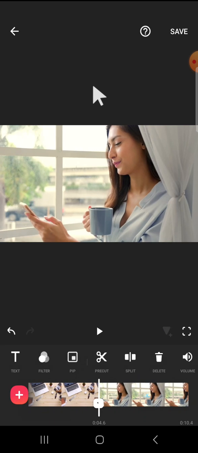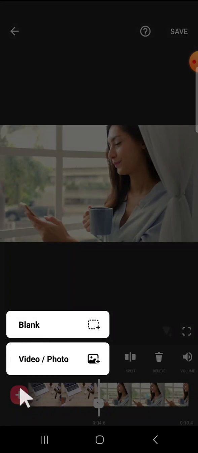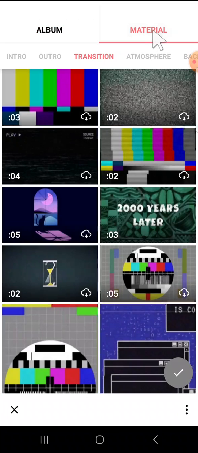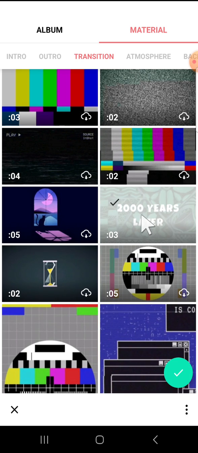So we can place this parallel right here, and we can click on this plus button and click on the video or photo, and we have to go to the InShot material right here, and on this material you have to select transition category. Okay, and this is the 2000 years later transition. Click on this transition or click on this video transition and click on this check mark to import this transition